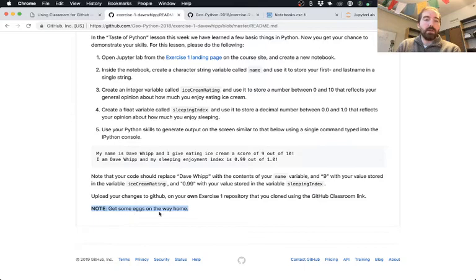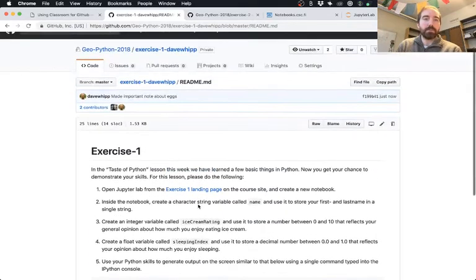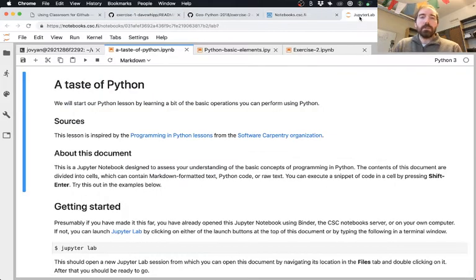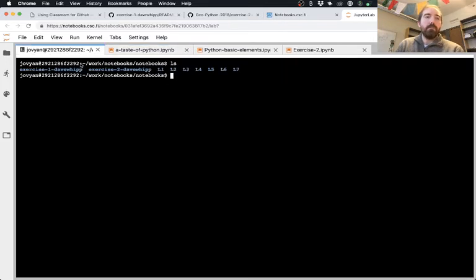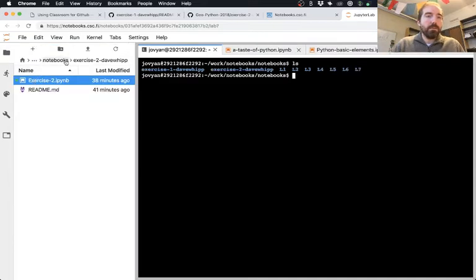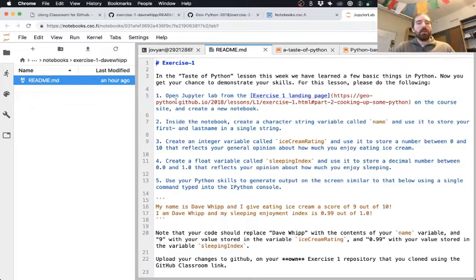I can see that I've made my change to the file here. But if I go over here, I've got another tab open in the browser where I don't have my notebook for exercise number 2. But if I look at the files here for exercise number 1, I do have this readme.md file that I can see.